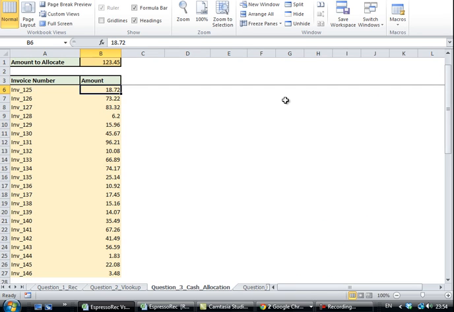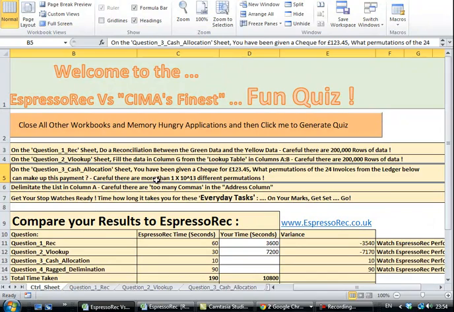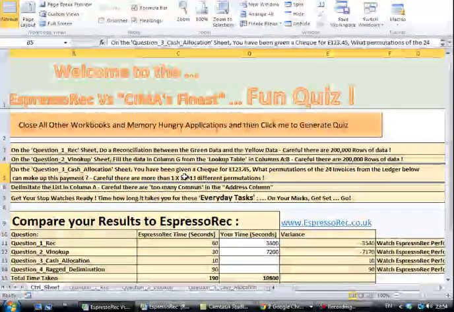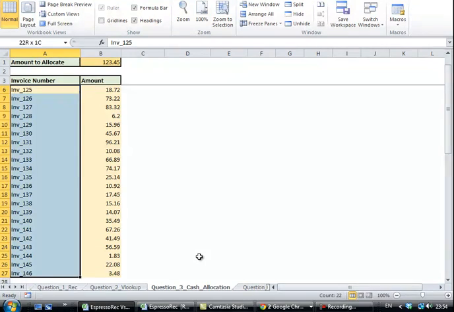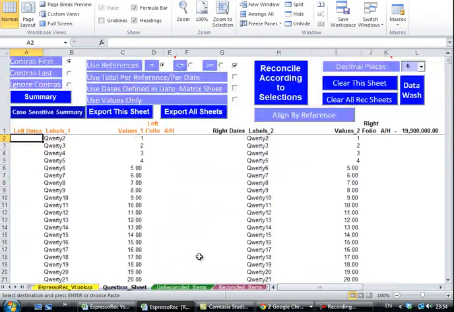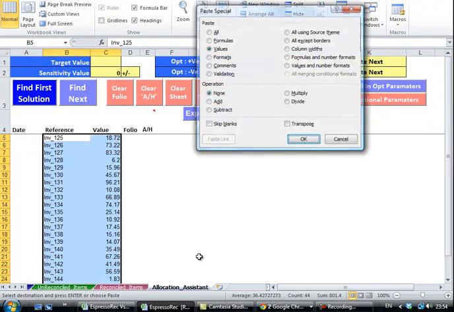Now we're going to have a quick look at the cash allocation. I can't remember, I have 24 invoices in this case. The permutations of 24 is more than 10 to the 13. That's 10 with 13 zeros at the end. EspressoRec, however, if you take that, go across to the allocation assistant and paste in the amounts here,